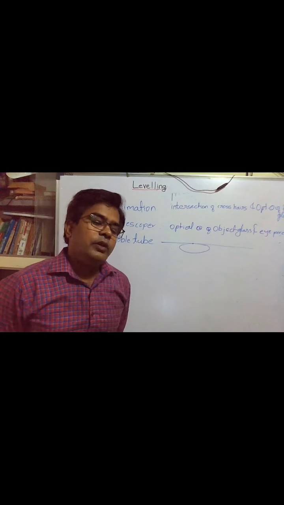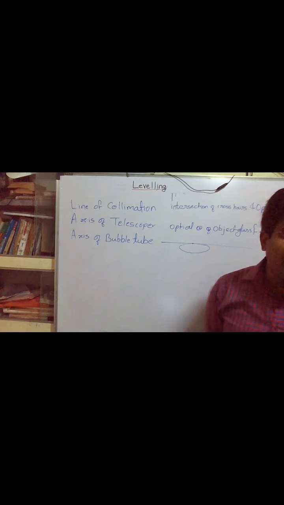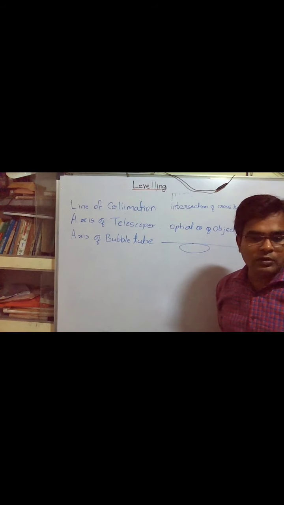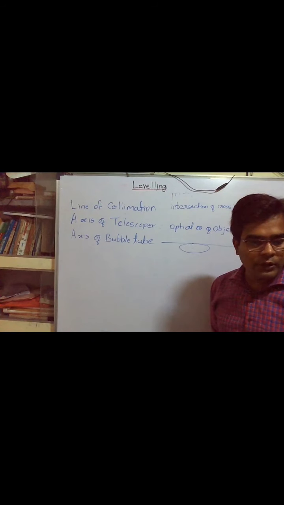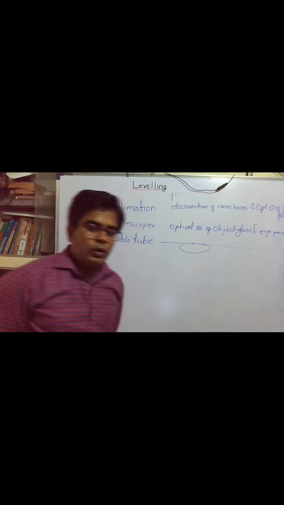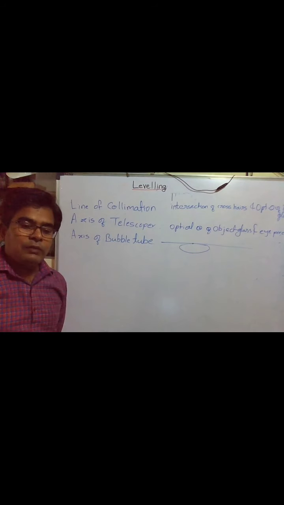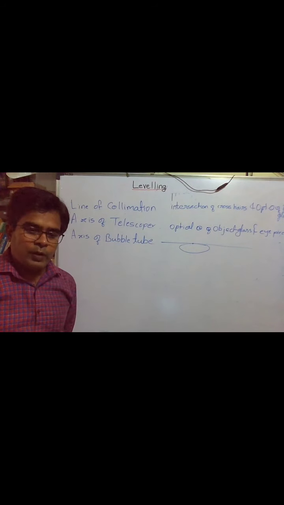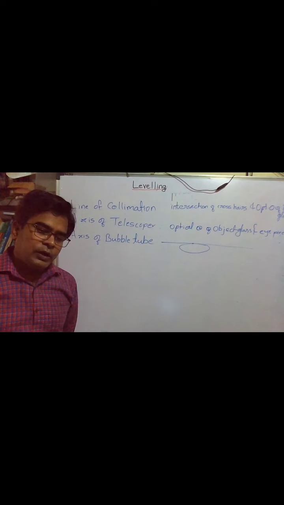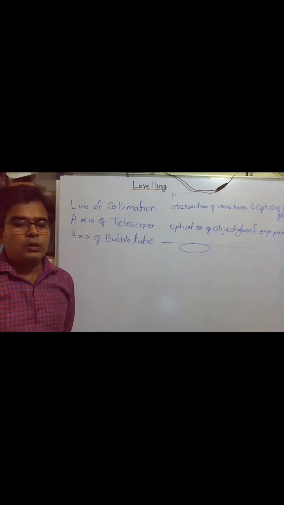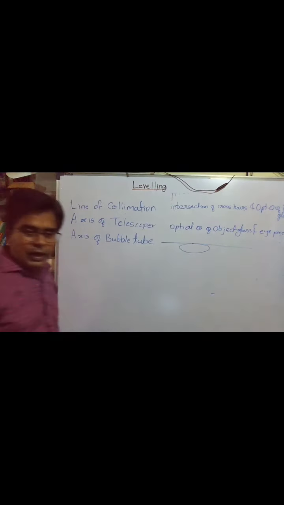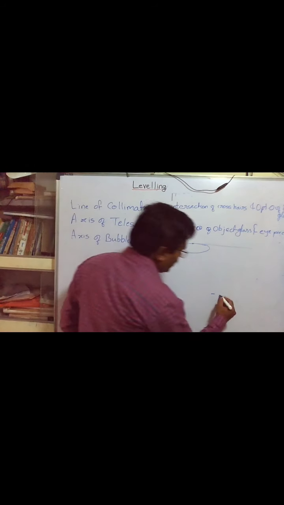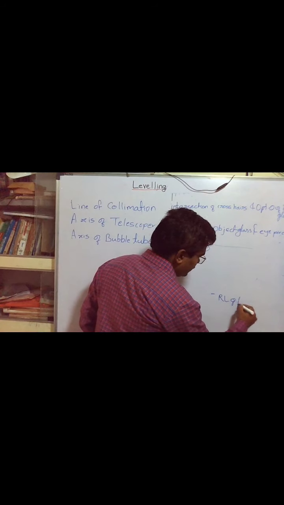In the previous lecture, we have seen how we calculate the levels. We have seen the concept of reduced level and the concept of benchmark. Okay, so whenever we want to know the level or reduced level of a new point, if we want to find the reduced level of any new point, then we should start work from a point of known RL. Suppose there is a point, and I want to find the RL of this point.